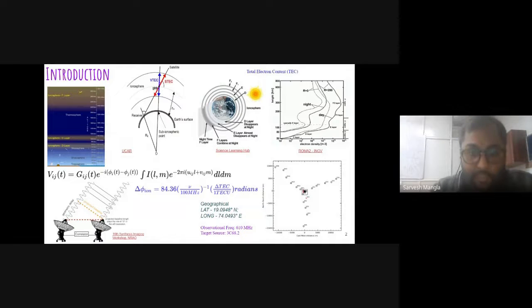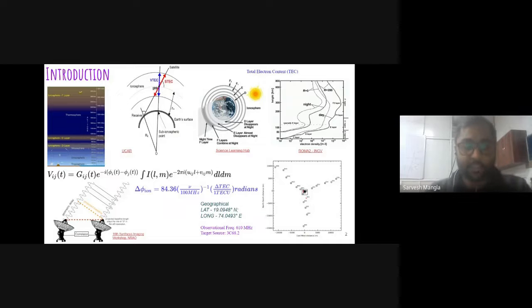Here in an equation of the visibility, there is an extra phase term that is induced because of the ionosphere. The ionospheric phase term is caused due to refraction and propagation delay in the ionospheric plasma, which is inversely proportional to the observed frequency. As an interferometer measures differential phase between an antenna pair, we get differential phase.